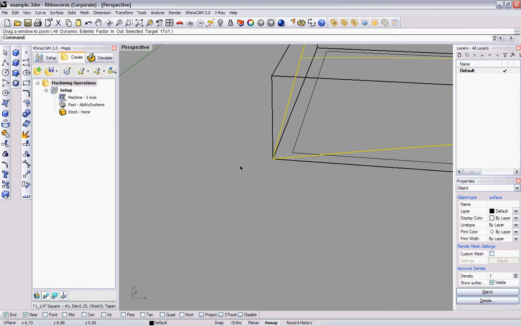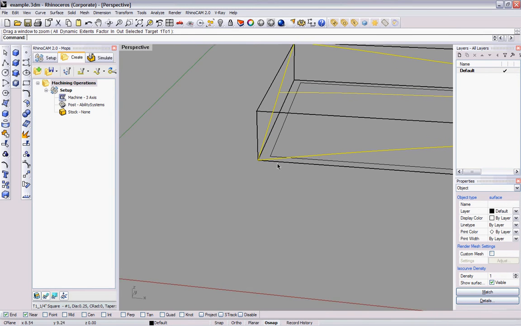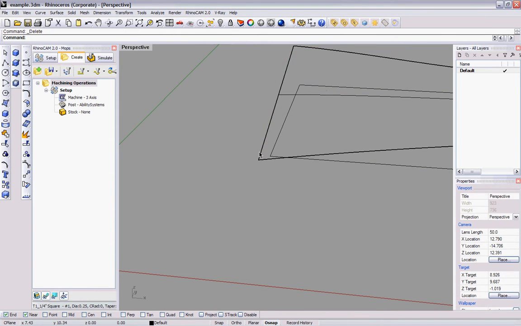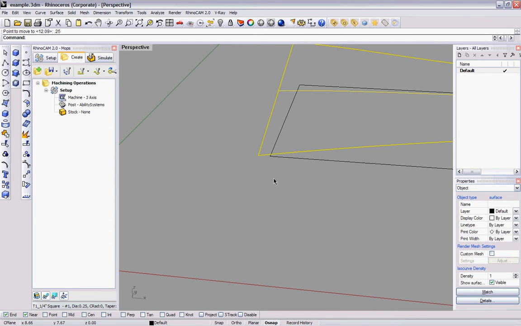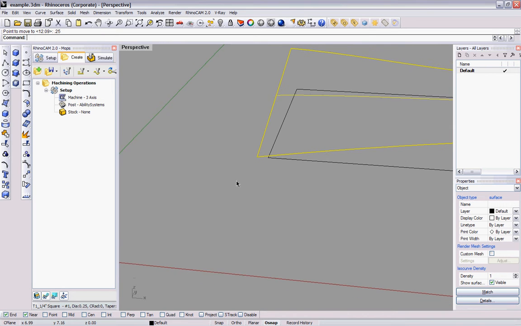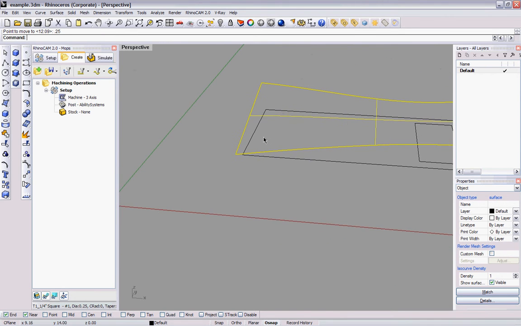So we'll delete our bounding box, and you just move it up. Move it vertically. I like to do 1/4 inch. You can do 1/8 of an inch, but I prefer 1/4. So that's up. We need to again get our box, but now that our surface is above z equals 0,